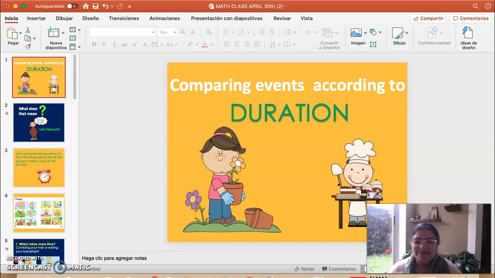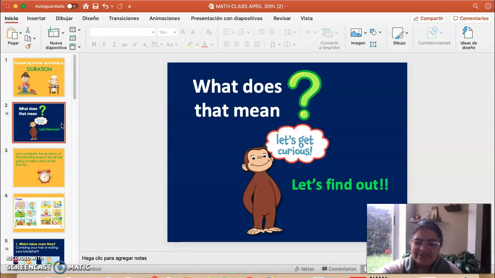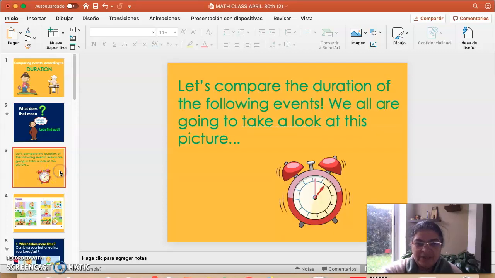And for today, we are going to learn how to compare events according to the duration of itself. Let's see, what does it mean? The duration, that means the length, el tiempo que dura una actividad. Well, let's compare the duration of the following events that we are going to take a look at the next